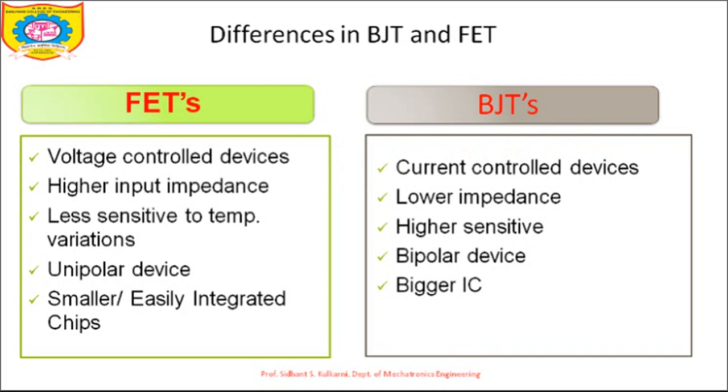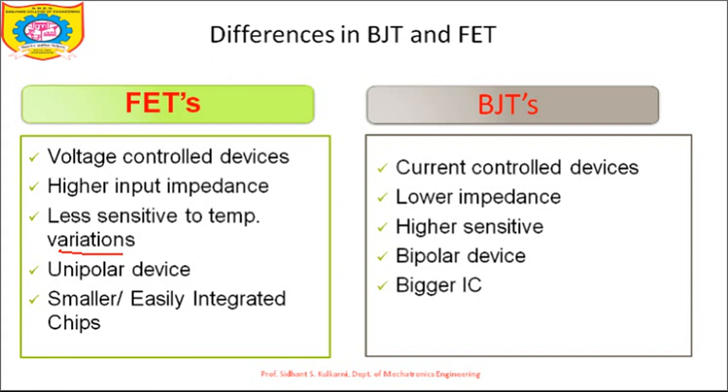The second differentiating point between FET and BJT is that FET has high input impedance and BJT has lower input impedance. What is the purpose of input impedance? You already know. Higher input impedance devices are always preferred, because noise is a very low voltage signal, and it should not drive the device. If noise is present at the base input of the BJT, it should not be amplified. In a similar way, if noise is present at the gate to source, it should not be amplified. So high input impedance devices are always preferred over low input impedance devices, because a low voltage signal should not drive the equipment.